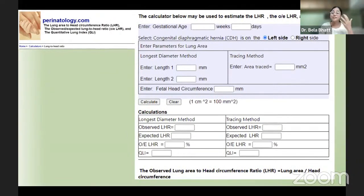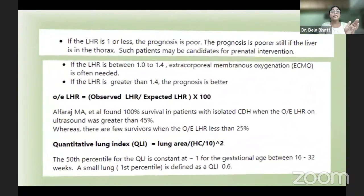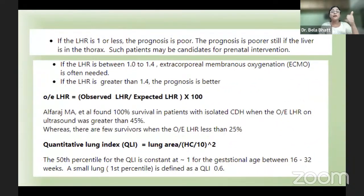Any obstetrician, any sonologist can go online and put your values into this. You have to take good contralateral lung measurements and put them in, and you will have the prognostication in hand. What is most important out of all the ratios, there are 3-4 ratios here, but even if you look at the observed upon expected lung head ratios based on the measurements that you feed in that perinatology calculator, you will get your